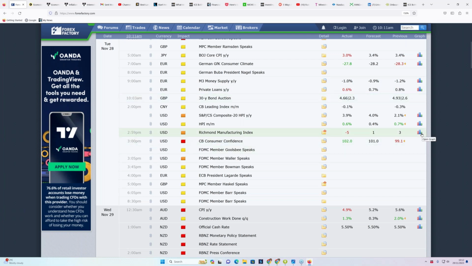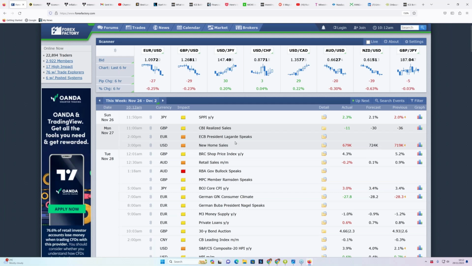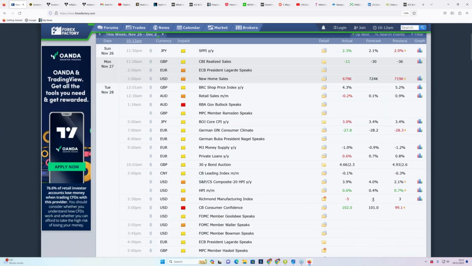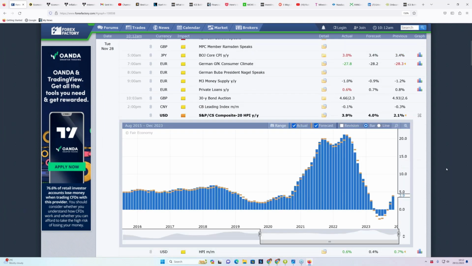Because we have to remember that data can be read like a chart. You present a graphic, so you can expand it up here, and you can see what the trend is, if there is a trend. I mean, this is just one picked at random, the S&P composite, and so on.